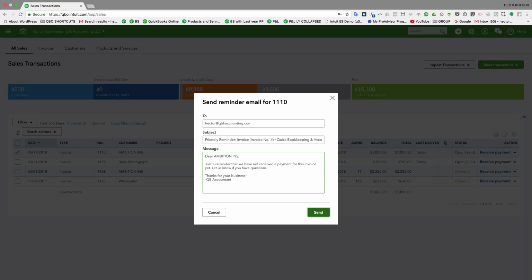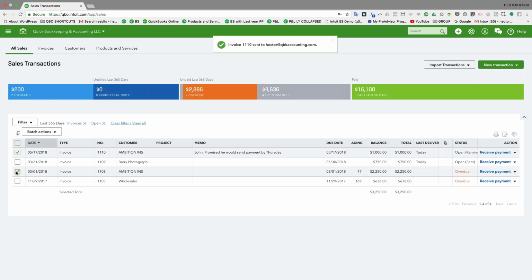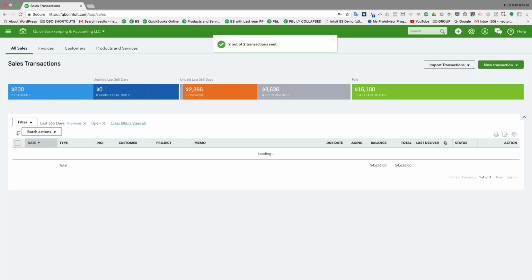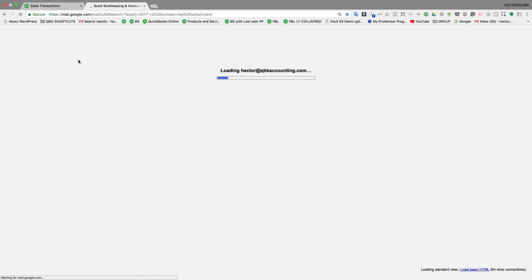So we can do one by one by clicking on send reminder, or I can click on several and click on batch actions, send reminders, and this will send both reminders in batch, both in one shot. So that's actually good to see. Now I'm going to open up my email real quick just so you can see what that